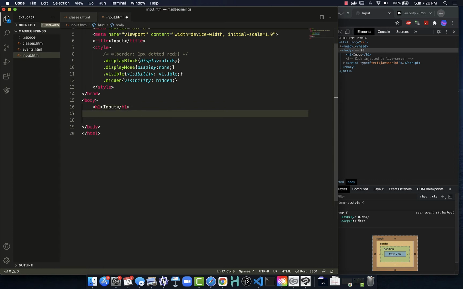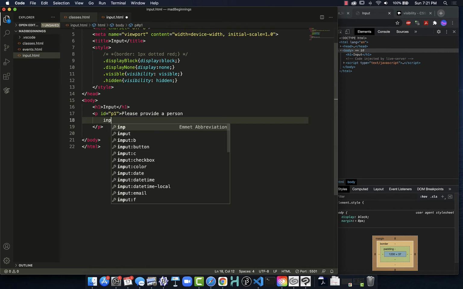In the next series of our JavaScript tutorials, we're going to look at how we can capture information from an input field, like in a form, so that we can use that content on our page. So I'm going to add in a paragraph, and on this paragraph I've put some text, and then I'm also going to put in an input